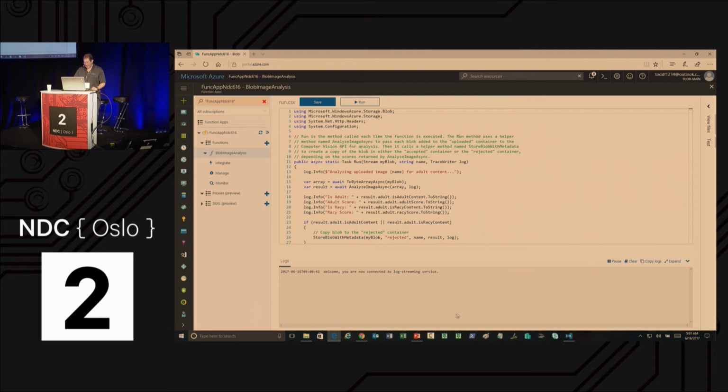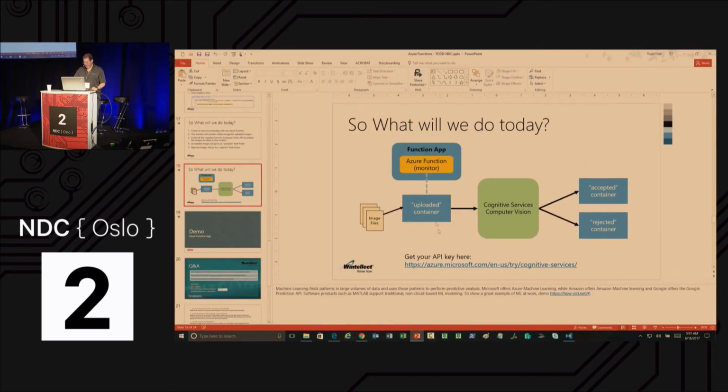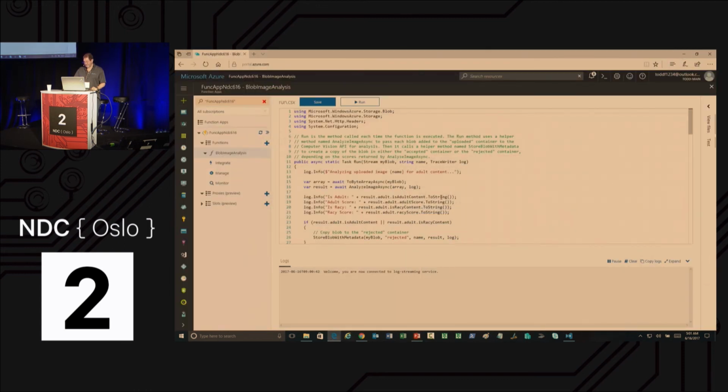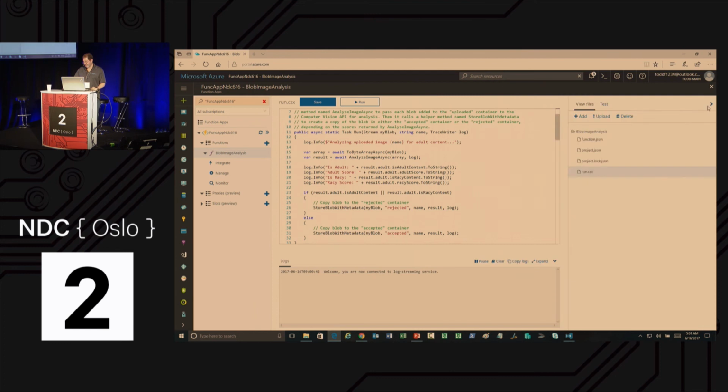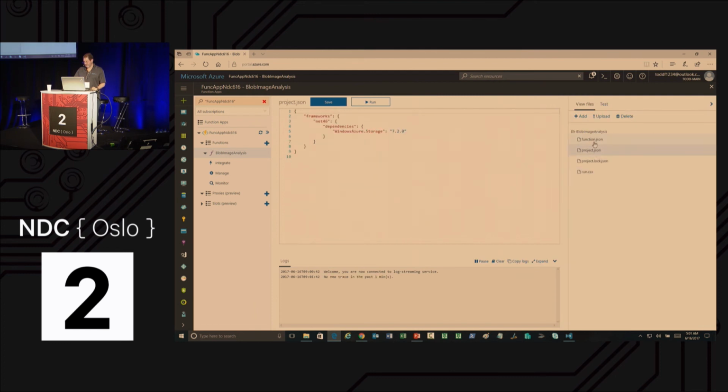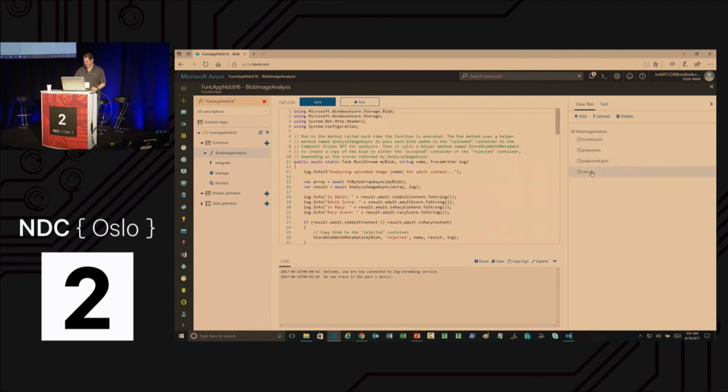And now we're done. We've done this entire thing here. We have our 3 Blob containers. We created our vision app. We have our function app with 1 function in it. All we have to do is test it out. So how are we going to test it out? Let's make sure all these files are still here. That looks good. This was built for us. We have this. All right. Yeah, I was waiting for it. Usually it just sits there and runs this thing. Let's try to run it and see what happens.